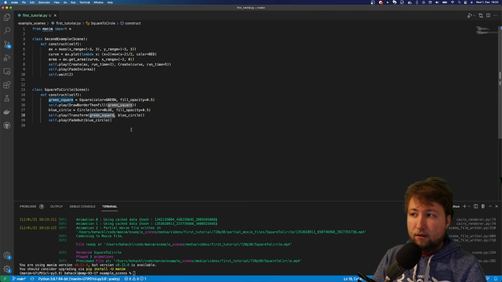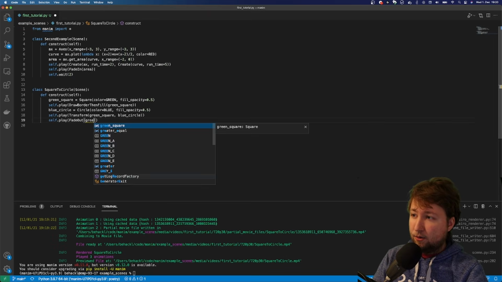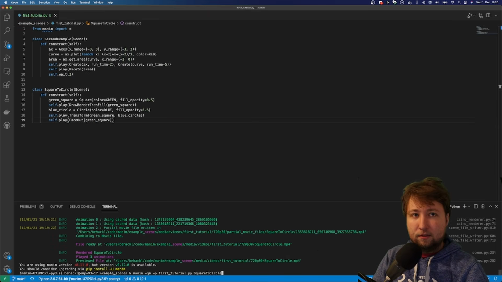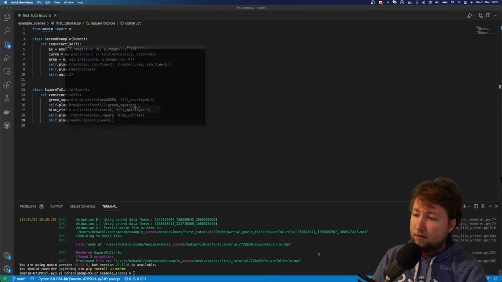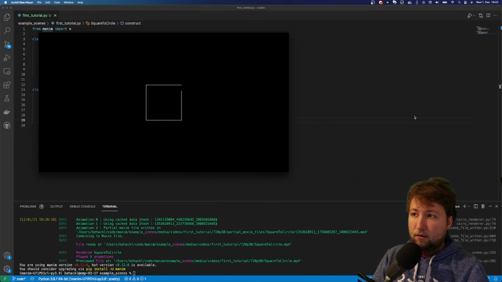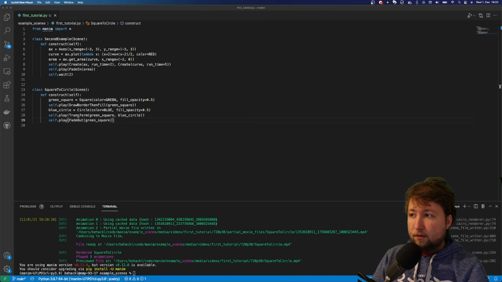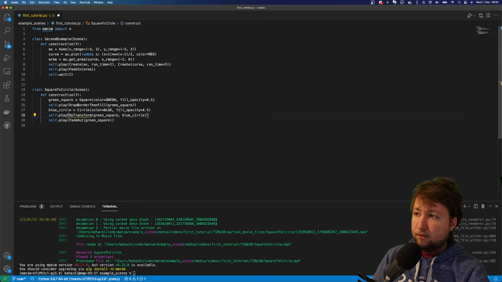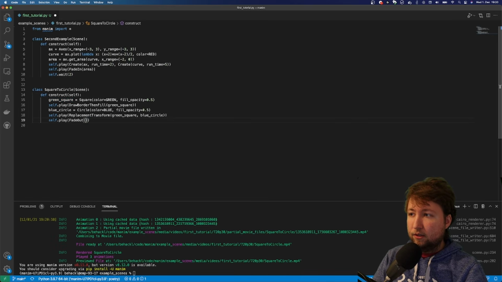the blue circle. So if we want to keep this as is, we would have to fade out actually the green square, which is, well, a bit ridiculous, but let's do it. See what happens. Green square fades in, morphs into the circle, and then the circle properly fades out. You could work around it by using a different transform, the so-called replacement transform. So this is a different transformation that actually replaces the original object with the target object, meaning that after this, the blue circle will remain.